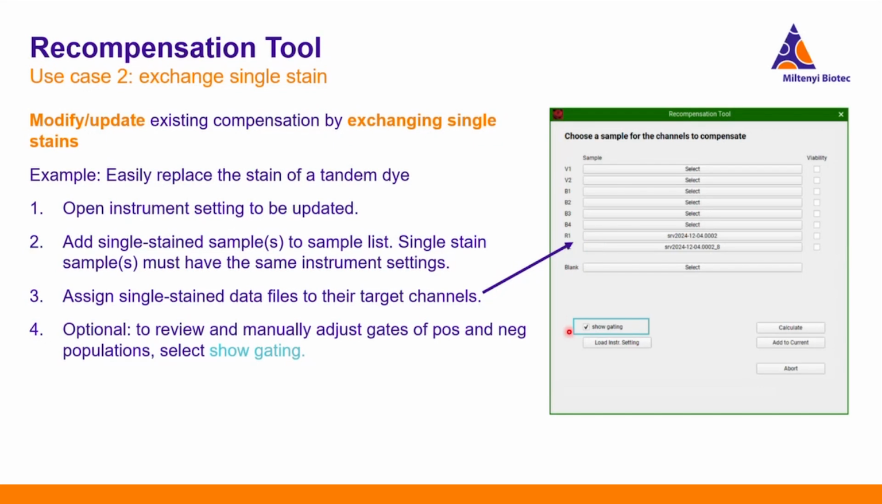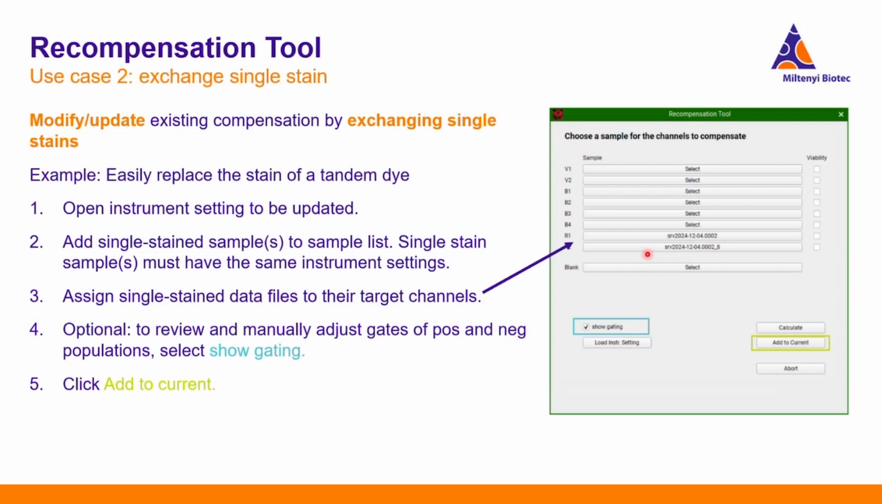And again, you have the show gating options. You are free to use it or not. And now the command that you have to click is add to current. If you click calculate, it only calculates the compensation for those two files. Add to current means it uses the instrument setting you already have. Maybe it's an 8-color compensation, and it just replaces those two